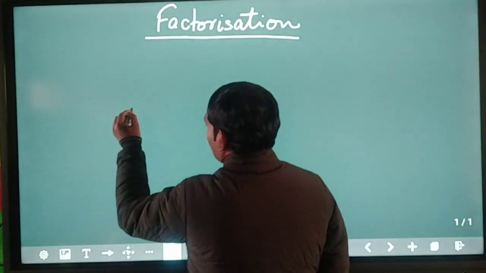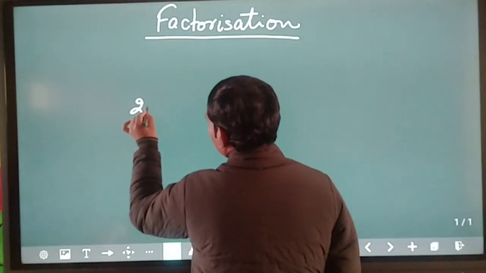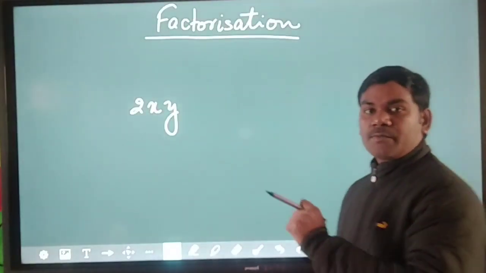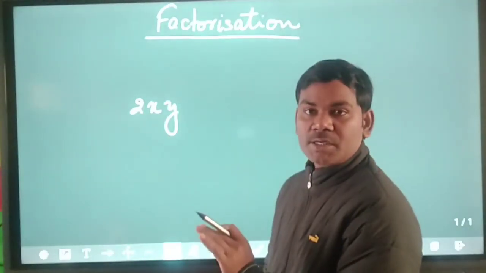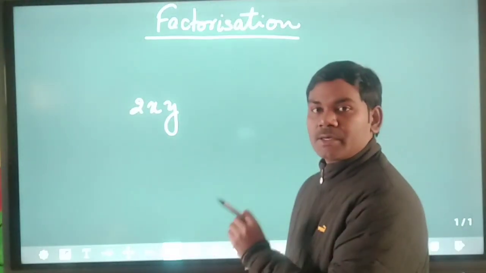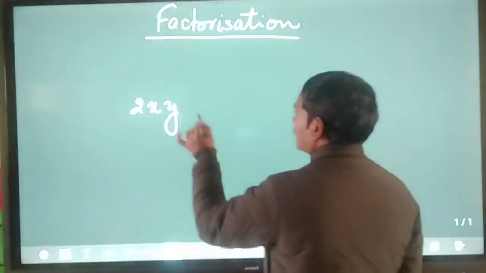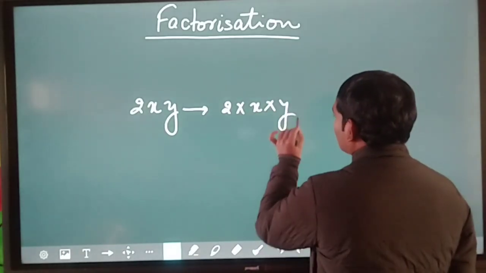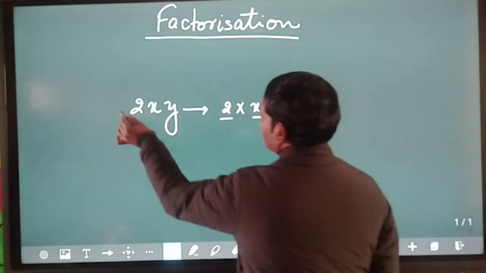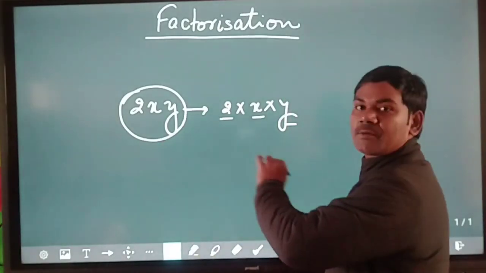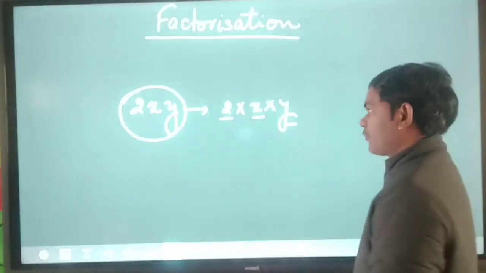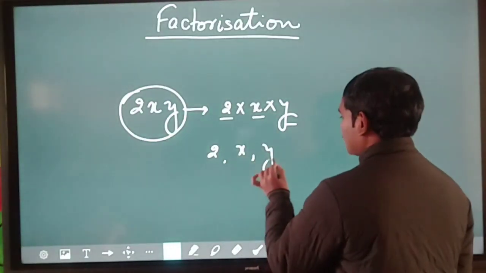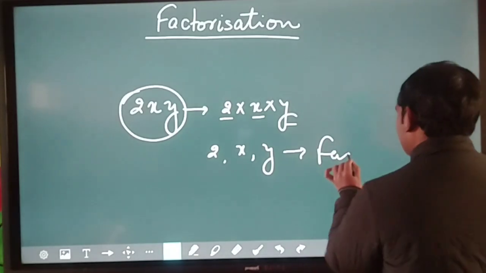Just suppose that a polynomial is given as 2xy. Since it is a monomial, but for some time let us consider this is a quantity and we have to break it down into its simplest form. So it can be written as 2 into x into y. Each part of this quantity is called its factor. That is, 2, x and y are known as factors